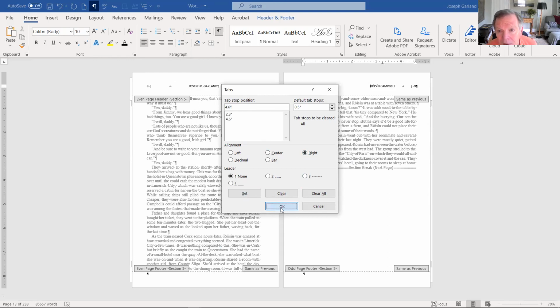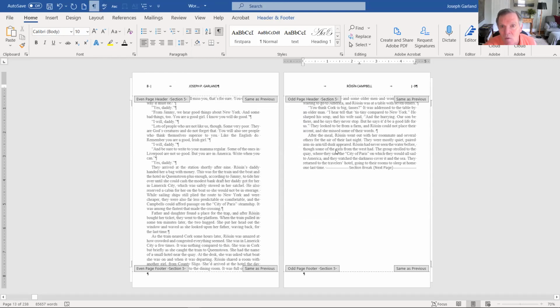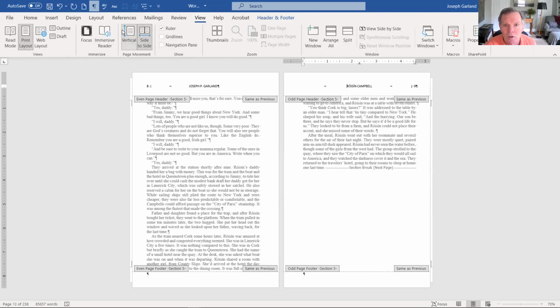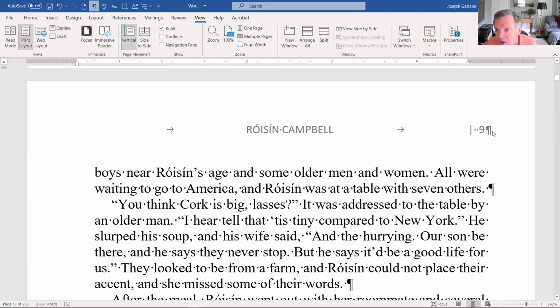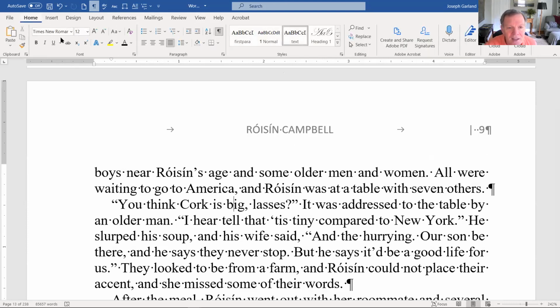Set. Okay, boom. Now, while we're here, let me make it so it's easier to read. With vertical, okay. We want to change these. Obviously we want to change the font for this. So, text size, I like to make the text the same size as the text. We're using Times New Roman 12. So basically all it is